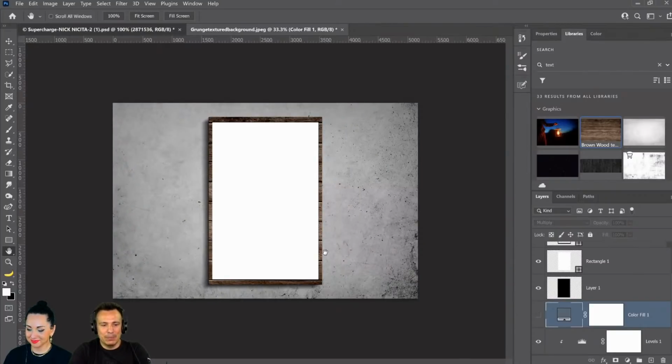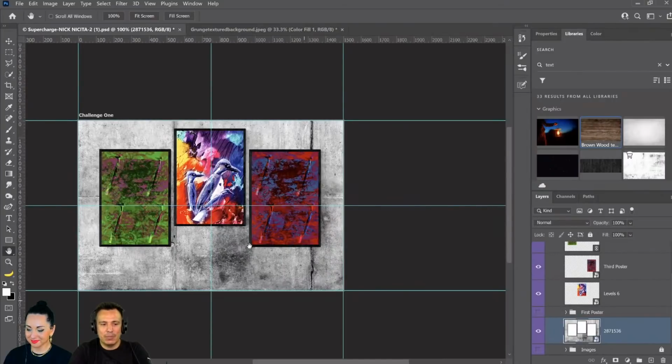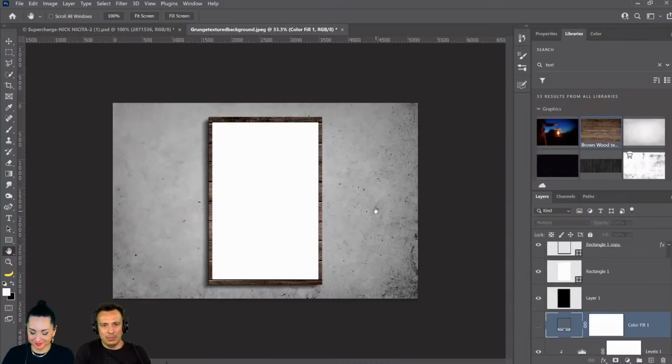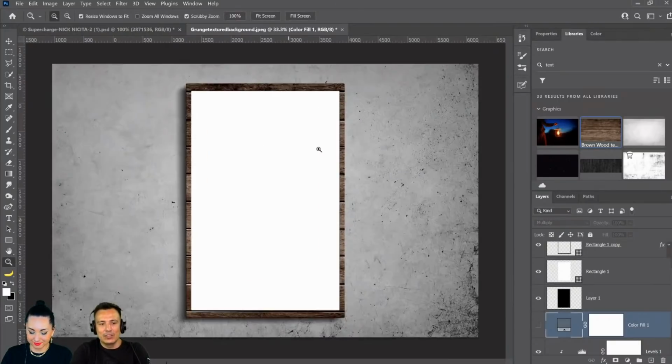Especially if it's a simple template like you had here. It's just basically a texture in the background in a box. That's all it is. But as you can see, you can start adding so many more elements that will help you enhance that template. And it doesn't require a lot of work, maybe a little bit of fine tuning, but at the very end, this will be your template.